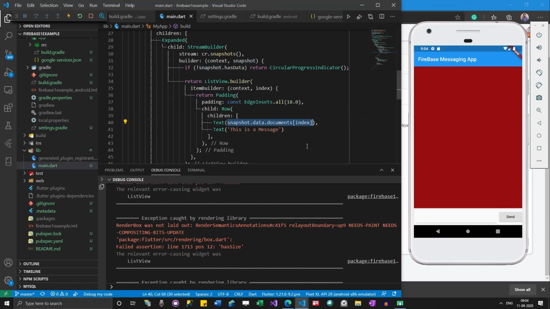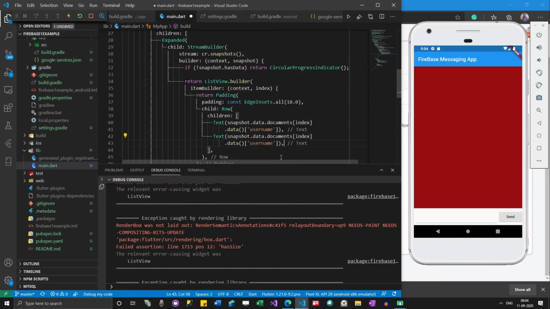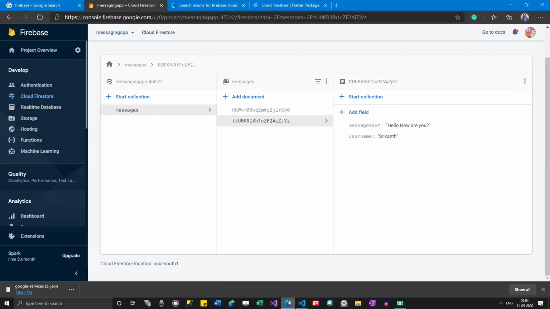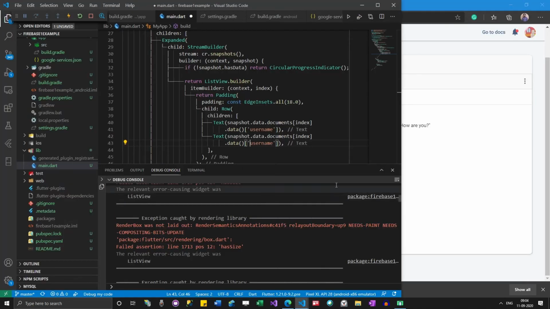We'll try to fix it. I need to show the username over here, so this is how I show it. Same thing, I have to copy paste again. What is the name we have given here? We have given message text.